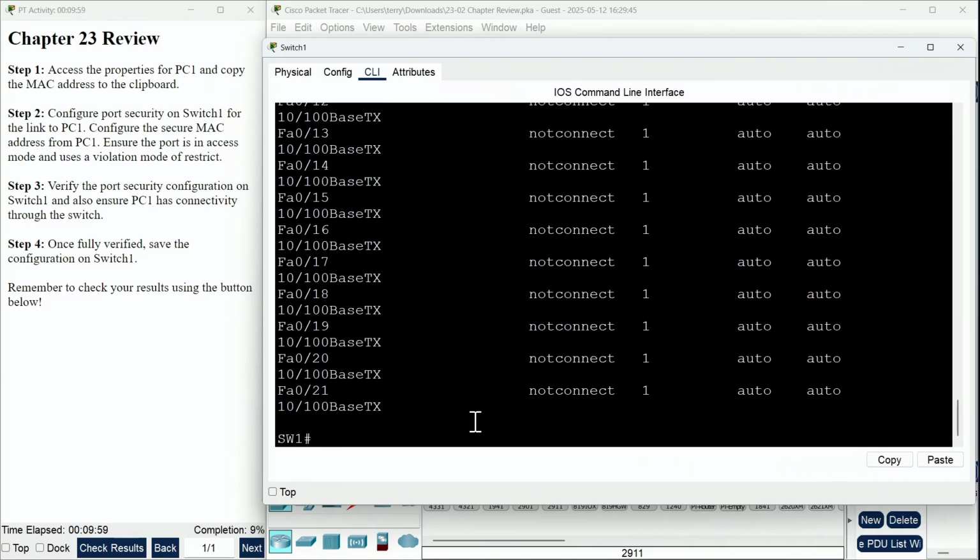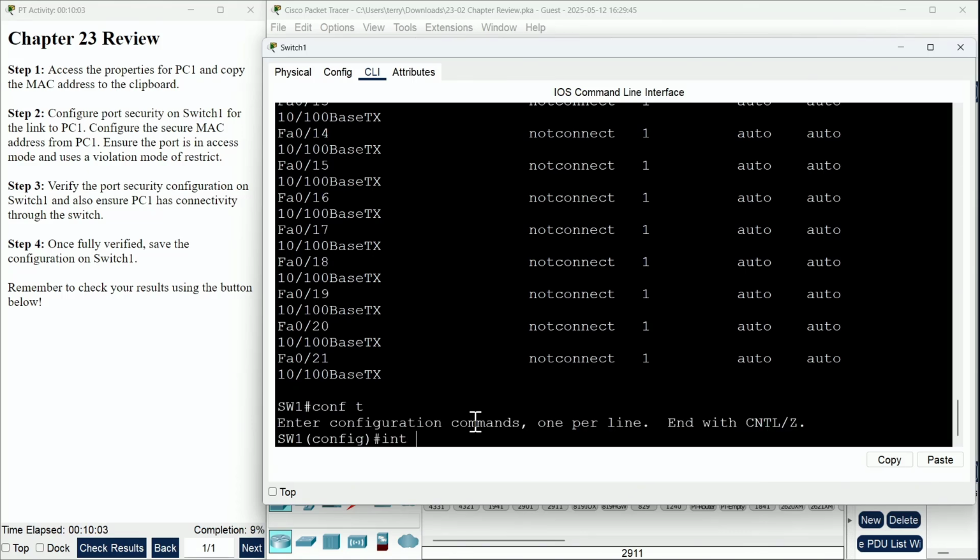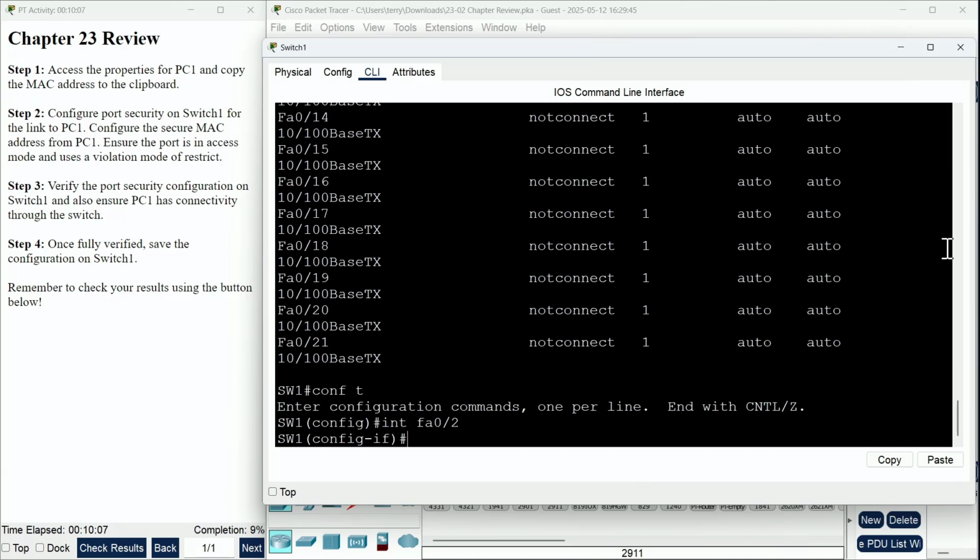So you'll want to make very certain you know exactly what interface you have to be working with in a lab like this. Yeah, that's probably one of the easiest ways to go wrong, is to put the port security feature on the